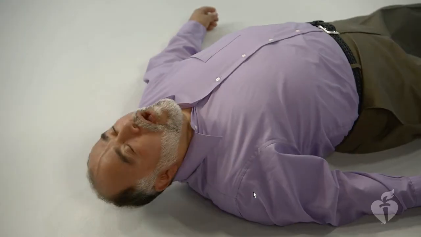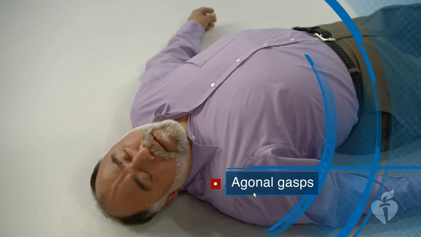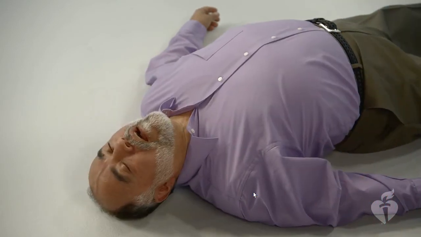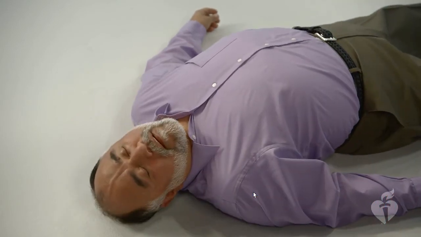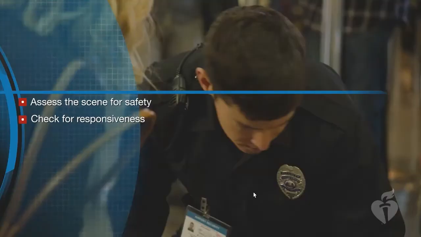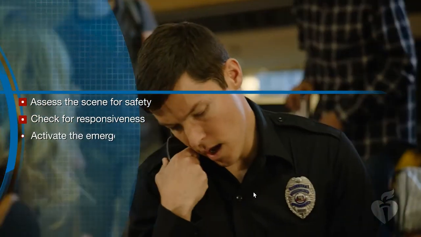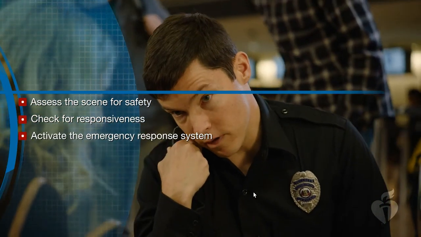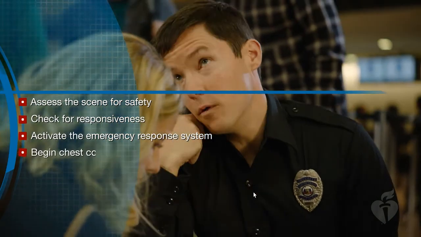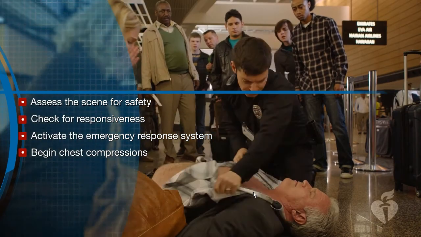Abnormal breaths are common in the first minutes of a cardiac arrest. These abnormal breaths are called agonal gasps and should not be confused with normal breathing. Rescuers can sometimes mistake agonal breathing for normal breathing and fail to recognize cardiac arrest and initiate CPR. Seizure-like activity can also sometimes delay the recognition of cardiac arrest. If the person has no signs of responsiveness, the emergency response system has been activated with an AED on the way, and there are no signs of breathing or a pulse, then immediately begin CPR starting with chest compressions.